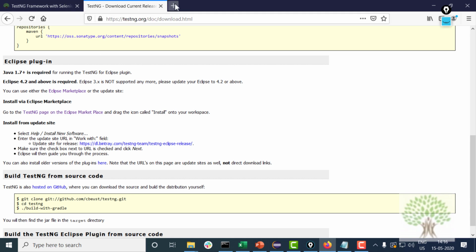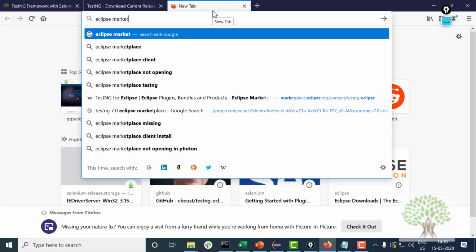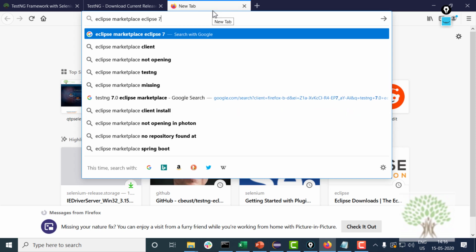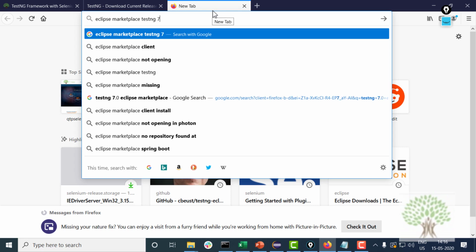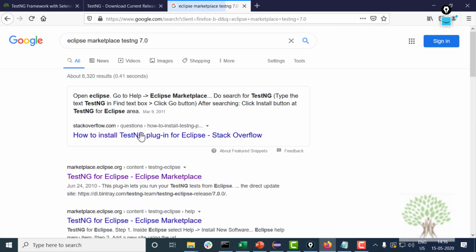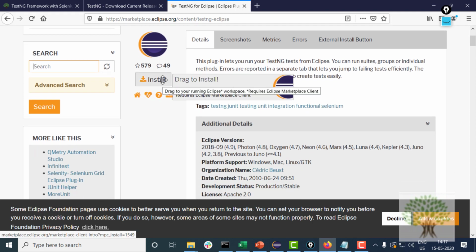Go to Google and type Eclipse Marketplace, go to Eclipse Marketplace and type TestNG 7.0. You will get the link on marketplace.eclipse, and this is the plugin which you have to drag and drop into the Eclipse workspace.